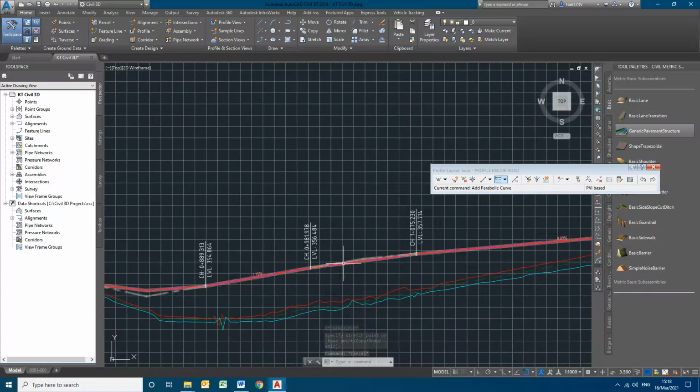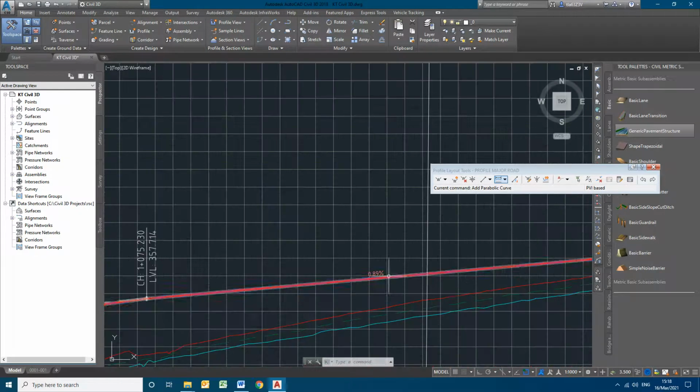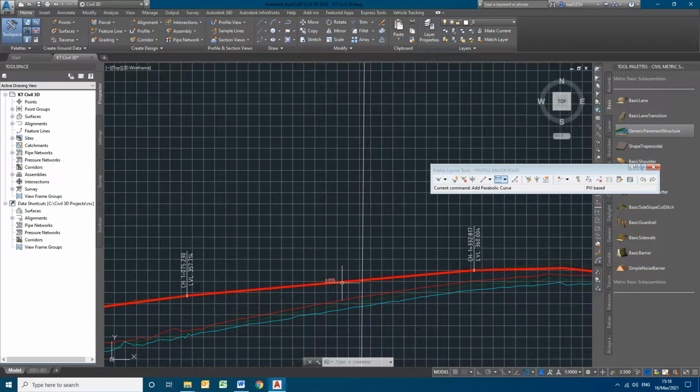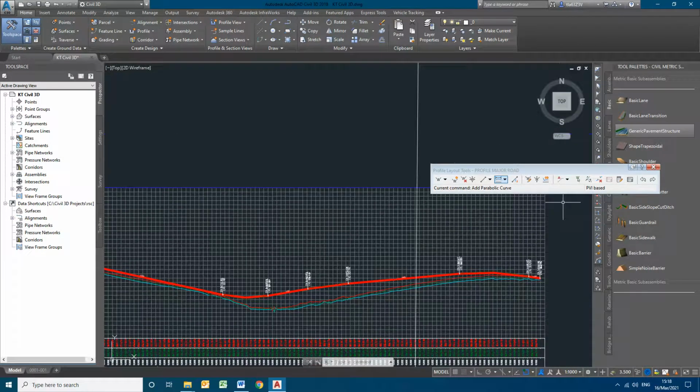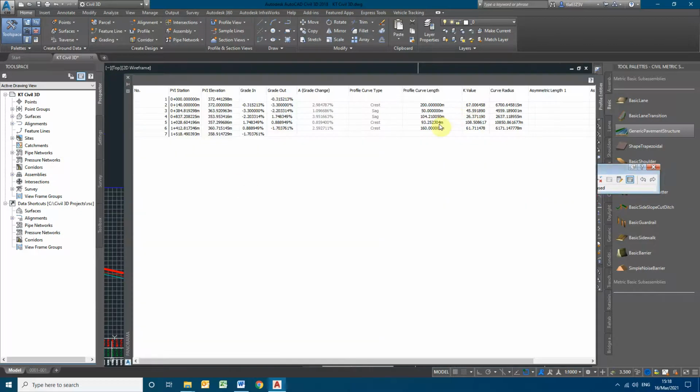So this is how we made this, and now let us check the curve tables. The curve is okay. Here also you can make it 90 and 50.